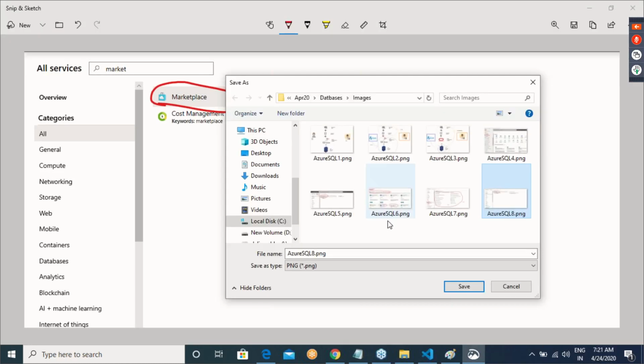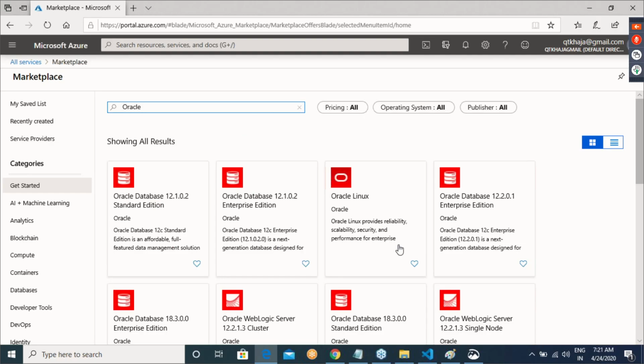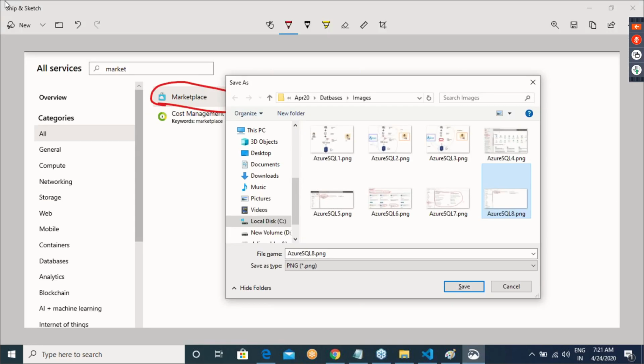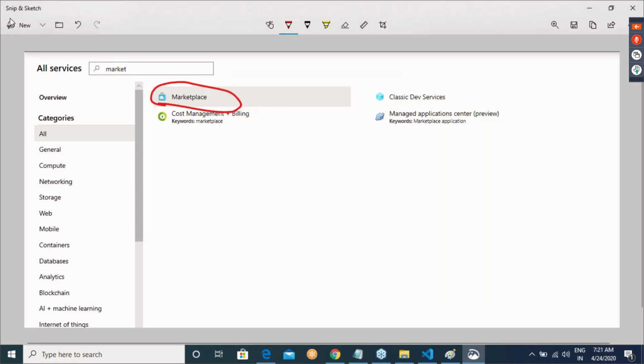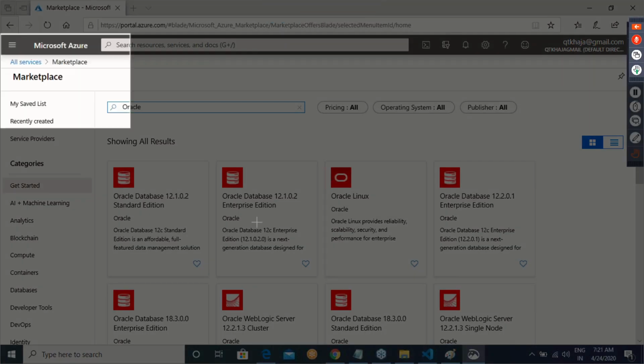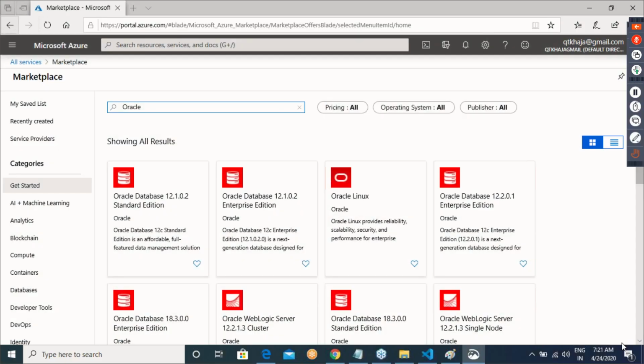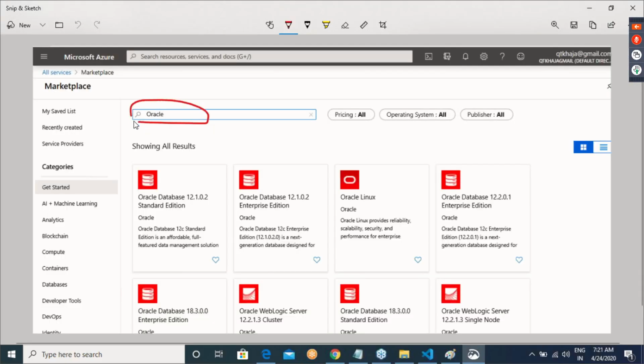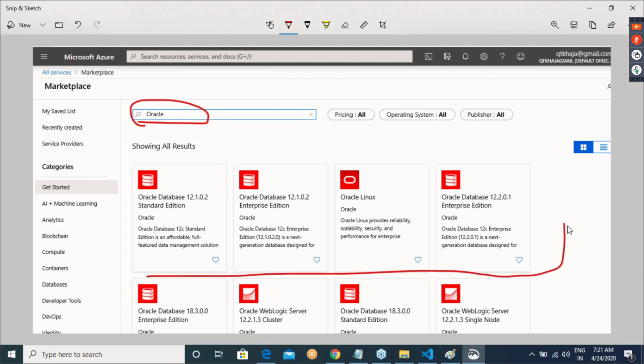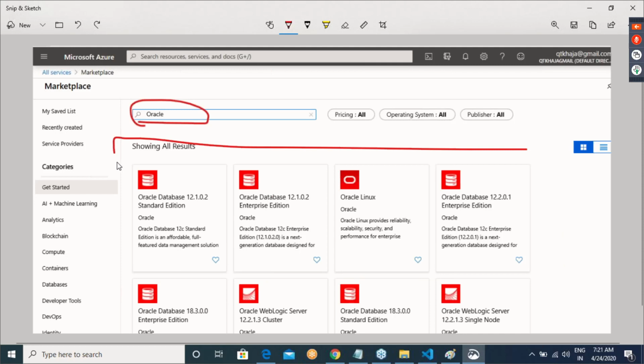I think you are seeing the results. This whole area is what it is.